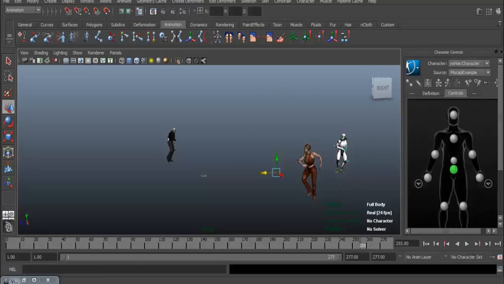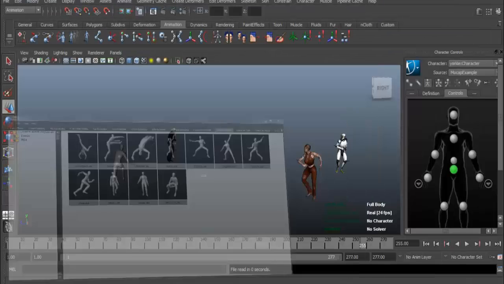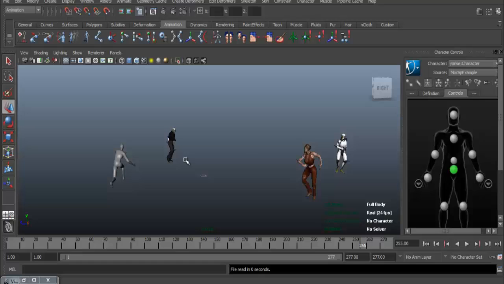I could, if I wanted to, have different moves for different characters. If I wanted dance 2, I can right click, import my dance file in. If I lower down the visor, you'll see my other dance character. This time with Yorkie selected, I'm going to change my mocap to the dance 2 example, and you'll see now he has matched the different character. If I press play,